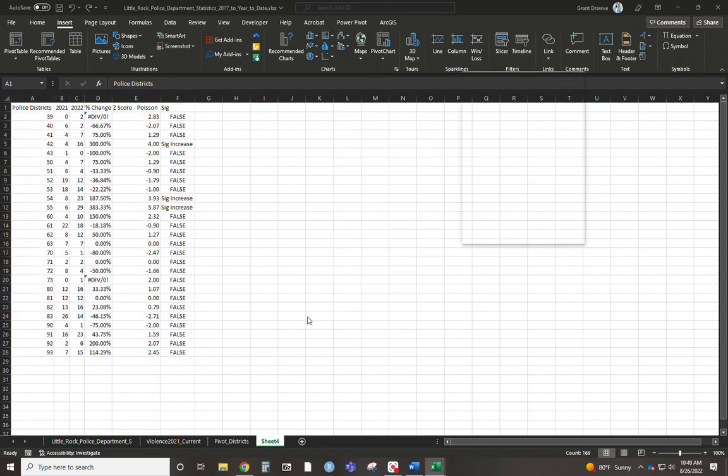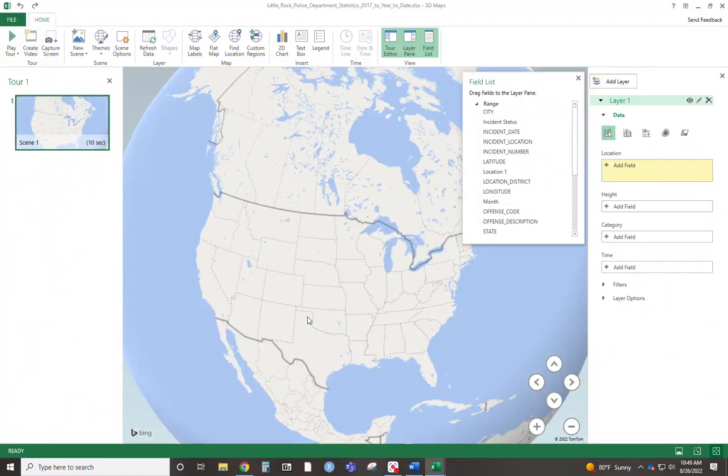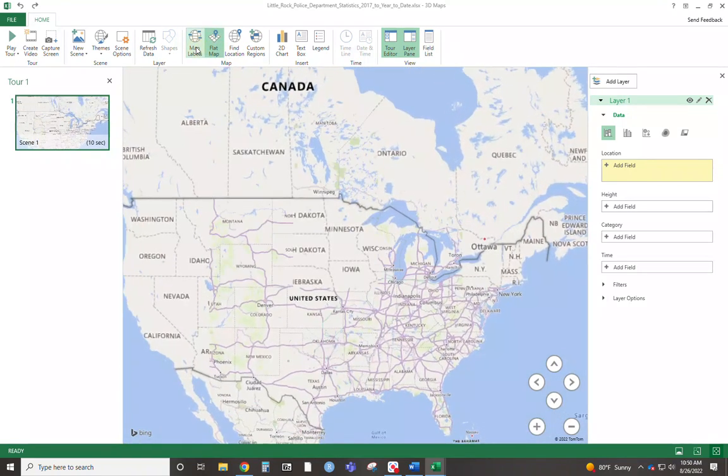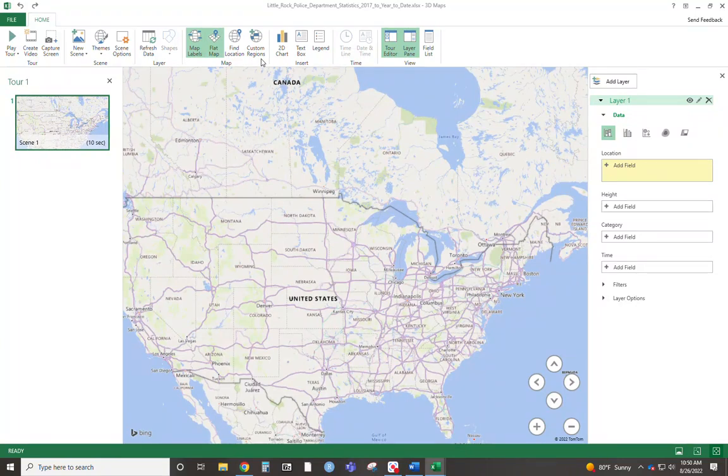Let that load. Keep in mind this one didn't have any location information in it other than police district, and right now Excel doesn't know what that means for us. Still going to go to a flat map, map labels, just to get in the habit of that. But now is when I want to bring in and upload the police districts that we downloaded from Little Rock's